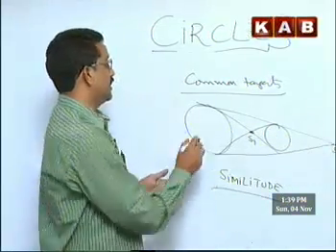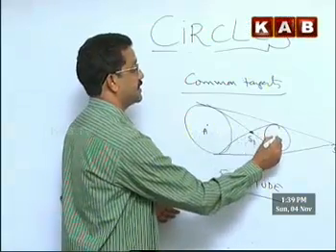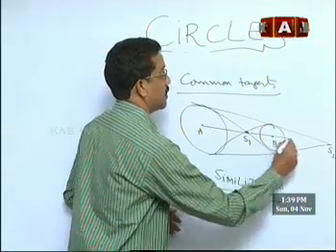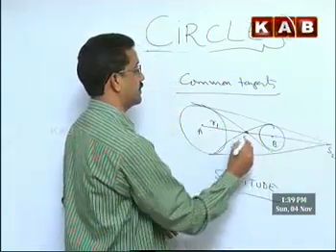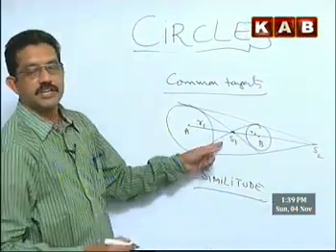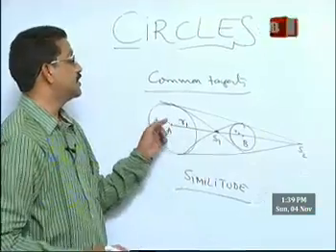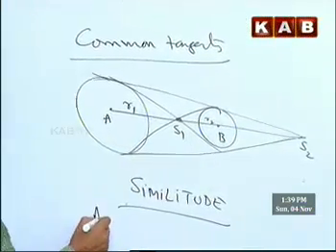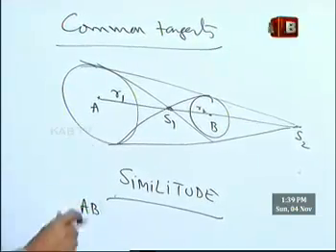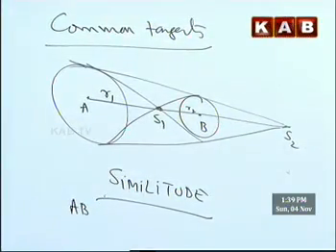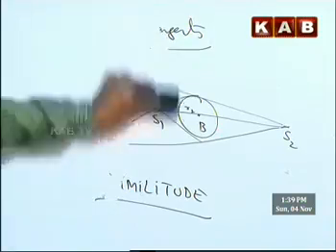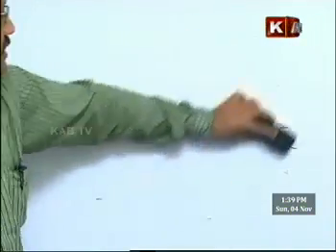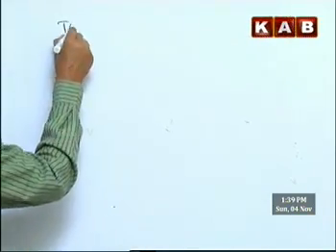Now, this is my first center A. This is my second center B. This is R1. This is R2. How do you get S1 and S2? If you divide the line joining centers AB in the ratio, to make it a note, it's a very important thing to get S1 and S2. I always keep this in mind. To get S1 and S2,